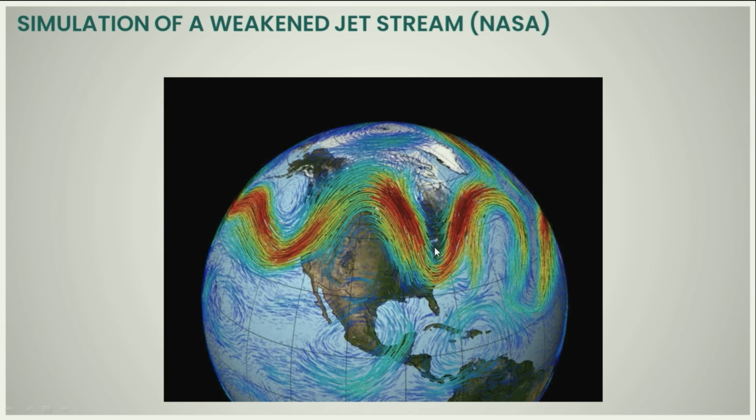So the eastern part of the United States that's normally quite warm can become suddenly very cold, and the Midwest of Canada, which is normally cold, can become suddenly warm. These are the kinds of things that can now happen, and they're called extreme weather events. They're not climate, they're weather. So what happens? Well,